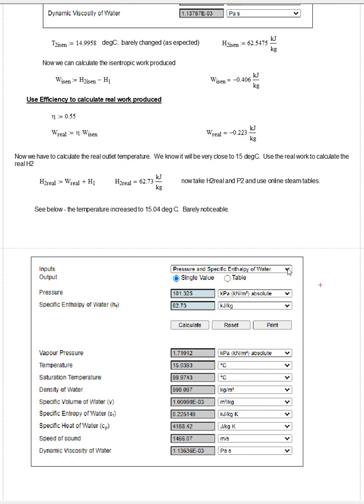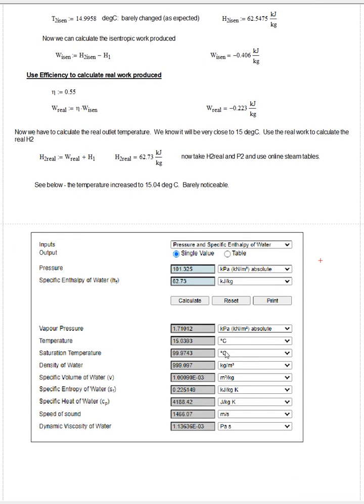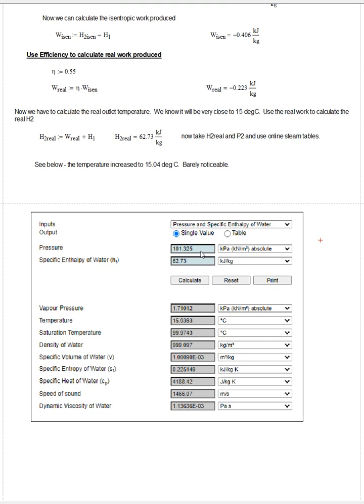So we do the pull down menu, select this set of inputs. We then make sure our units are consistent with what we want to input. We type those in. We then make sure our output, we just want temperature. So I'm going to put that as degrees C. And we don't need to know the entropy, but if you want, you can change the units to make them consistent with what we need. But anyway, what we find is after we hit the calculate button, we get a value of 15.039 or 15.04 degrees